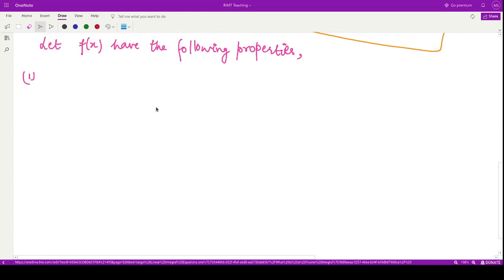The first property is that f of x is piecewise continuous on every interval of this kind,